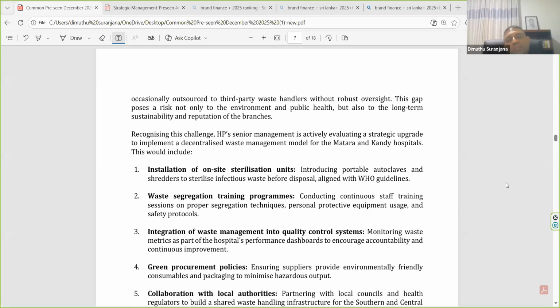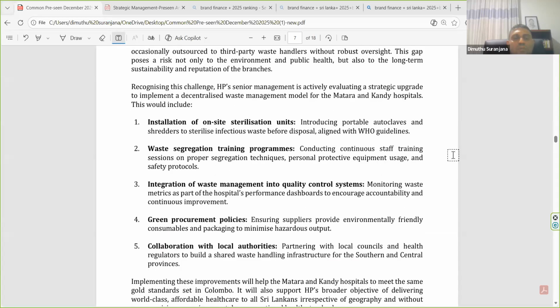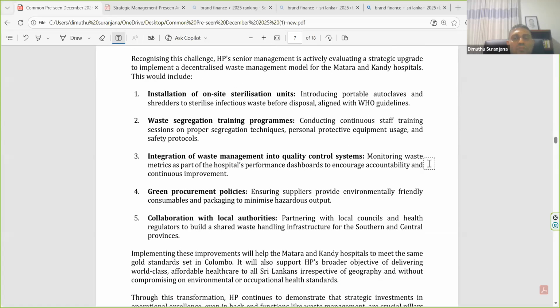Recognizing this challenge, senior management is actively evaluating a strategic upgrade to implement decentralized facilities before Mathur and Kandy Hospital. This will be good. Now, see, they have not yet taken a decision, but they are considering that. Right? So what are they going to do in there? First one, installation of on-site sterilization units, using portable autoclaves and shredders to sterilize infectious waste before disposal, aligned with